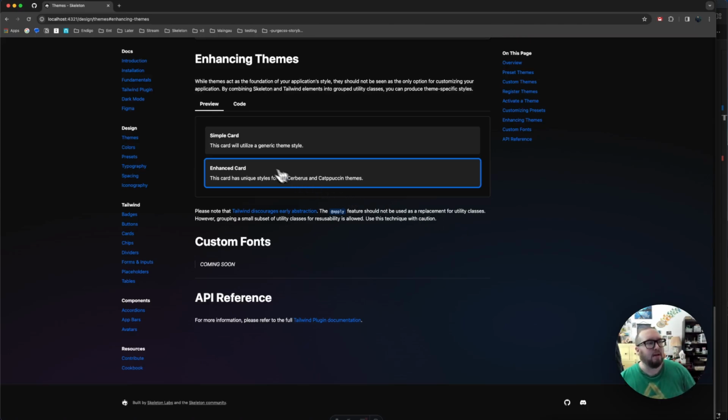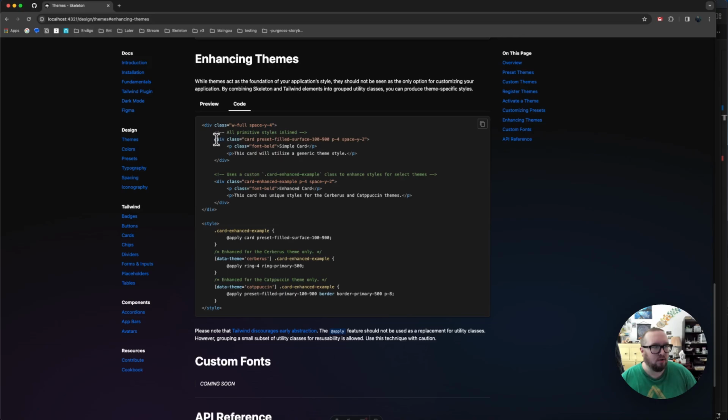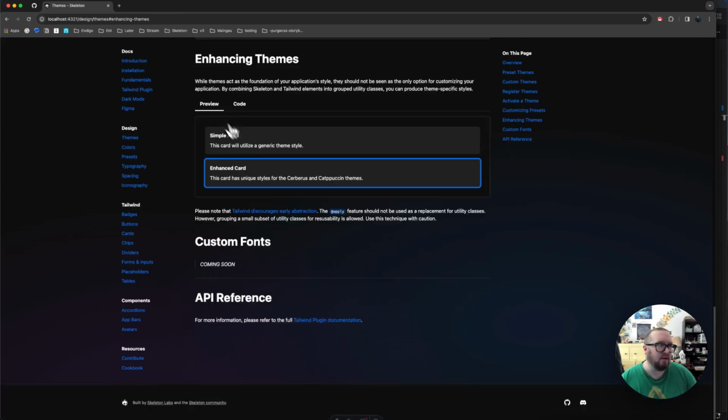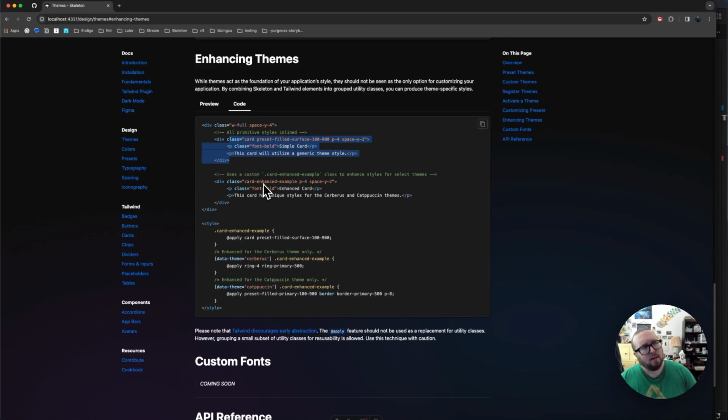By default, you could have something like this, where you just insert a card on the page. You use the card utility class from Skeleton, so the preset styles, mix in some Tailwind styles, things like that, and just do that. That's how you create a simple card, right? But what we're doing here is this more advanced technique where we're abstracting some of these styles. So we're taking this and giving it a nice specific class name, and then in our style sheet, we're setting up the defaults, and then